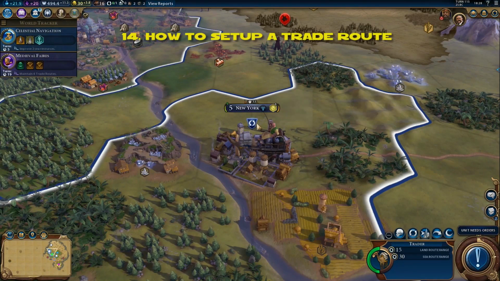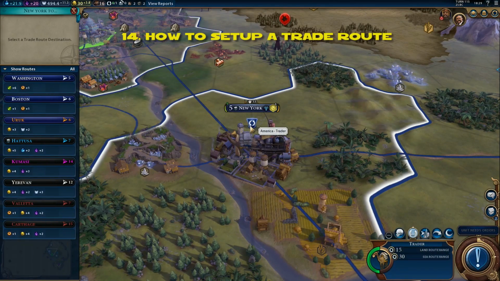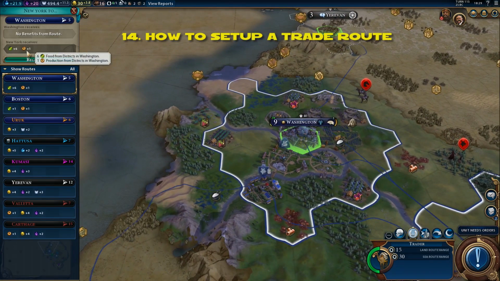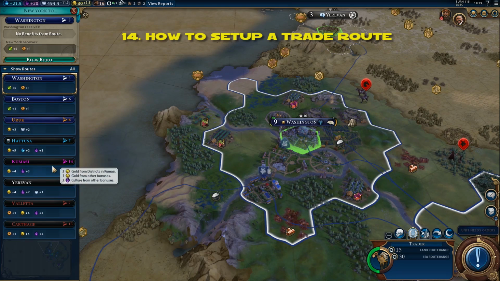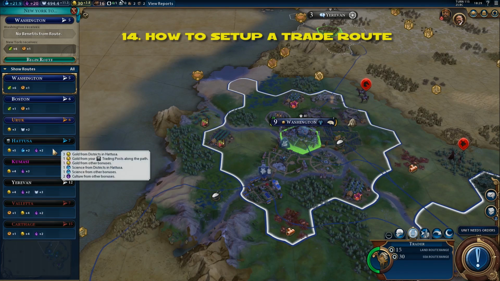Okay, so how to set up a trade route. First you need a trader, and you can check how many trade routes you can do up here. As you see, I can only make one. So with this trader, you actually select him, and you get to choose where you want him to go. You can also see all the benefits that this trade route will give you. In this case, New York will receive food and 1 production, but I think I'm going to go with, let's see, the Hattusa route. That's right, because it gives me culture, science, and gold,